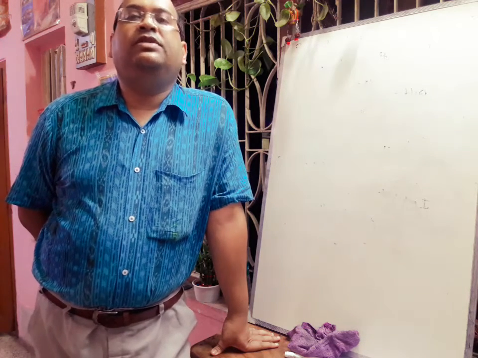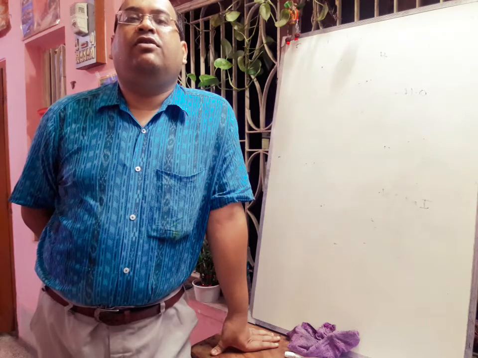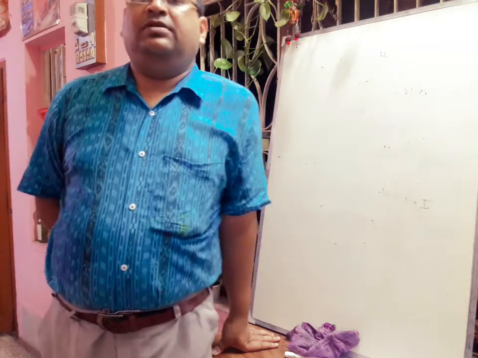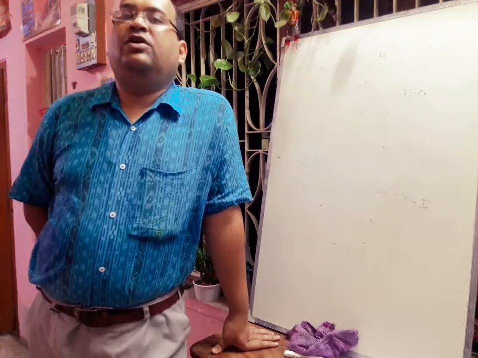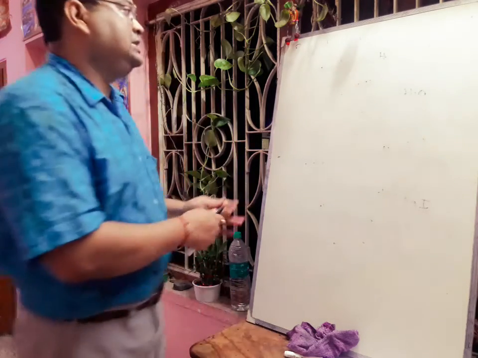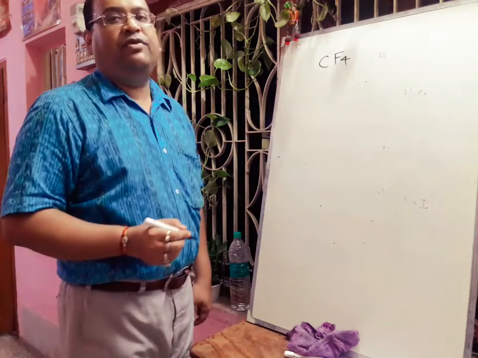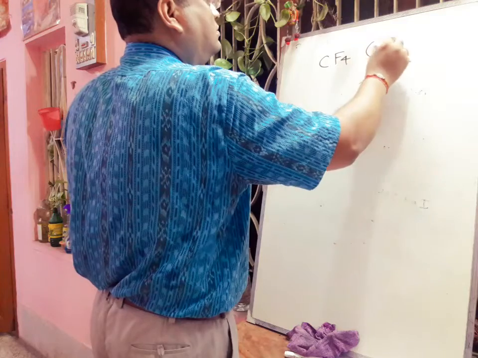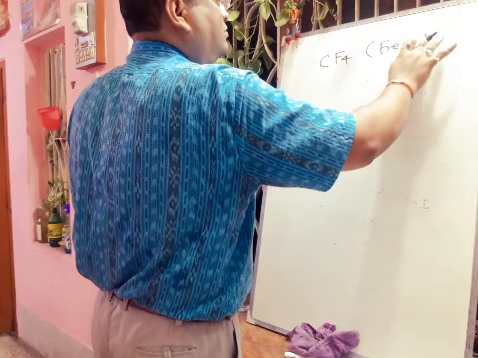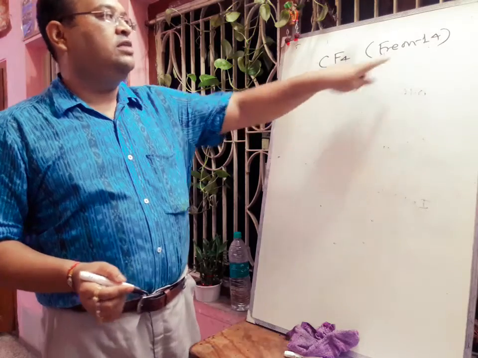And today the last topic we will discuss is freons. The chlorofluorocarbons or chlorofluoro compounds of carbon, it may be methane or ethane, are collectively known as freons, and these are further classified on the basis of the number of fluorine atoms present in them. First we will discuss CF4. CF4 is named freon 1,4. Why is it 1,4? Because the number of carbon atoms is 1 and the number of fluorine atoms is 4.